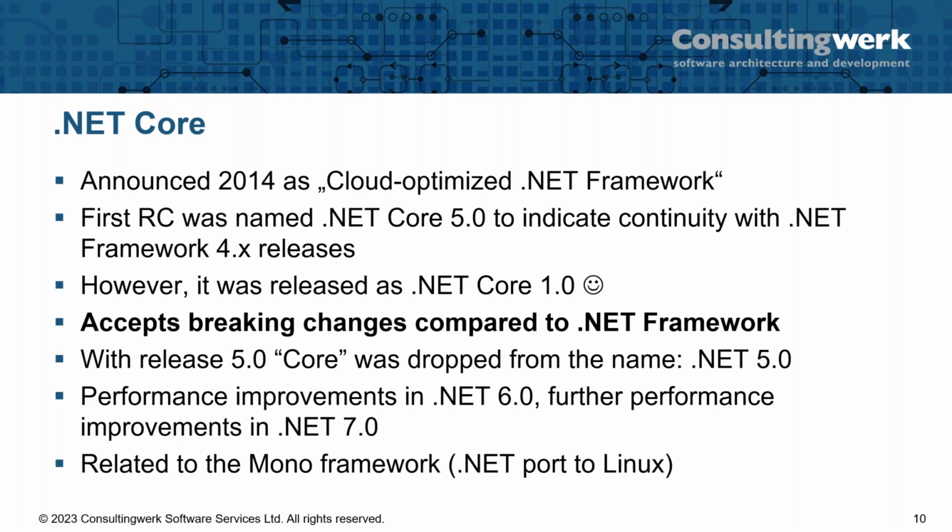The first version of .NET Core was announced in the release candidate as version .NET Core 5.0. Microsoft wanted to indicate some form of continuity with the .NET Framework 4 releases. And when they then released it, they released it as .NET Core 1.0. So it looks like Microsoft needed a little bit of time to find the correct naming and, even more confusing naming. One of the reasons why I believe that Microsoft has chosen a different naming pattern is to make sure that